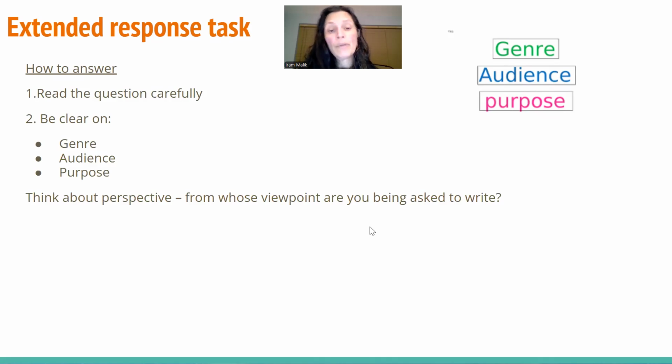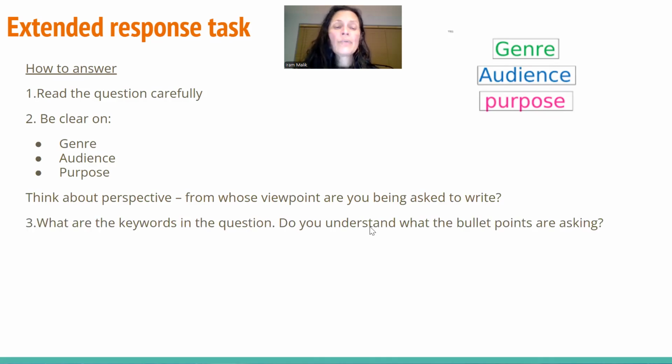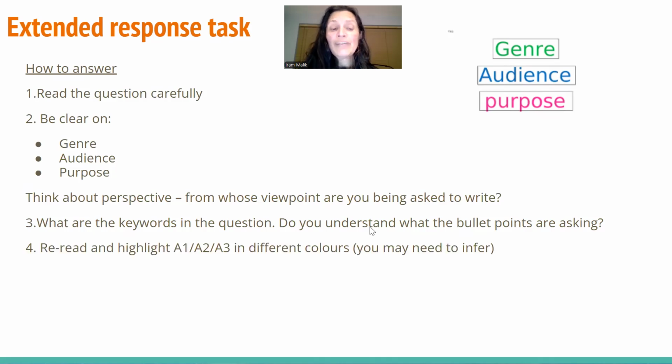And what are the keywords in the question? Make sure that you understand what the bullet points are asking, and look out for bullet points which contain more than one idea, and read the passage closely to pick up on relevant ideas. Reread and highlight the text with three different colors, a highlighter, one for each of those bullet points,